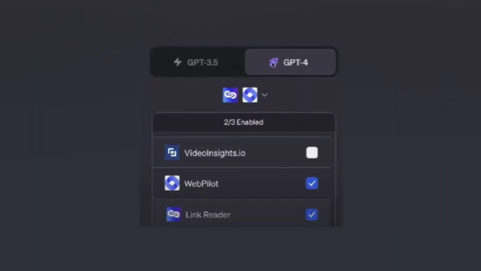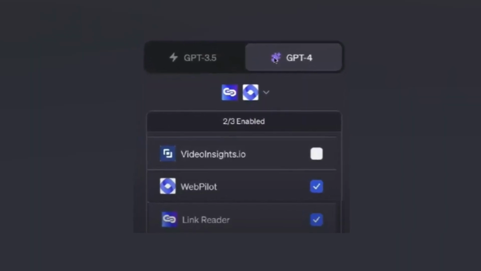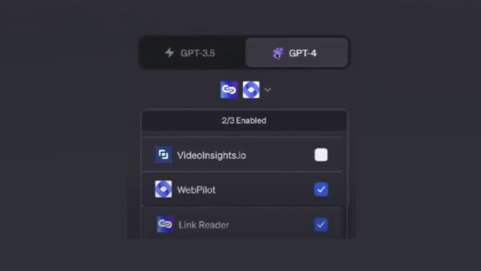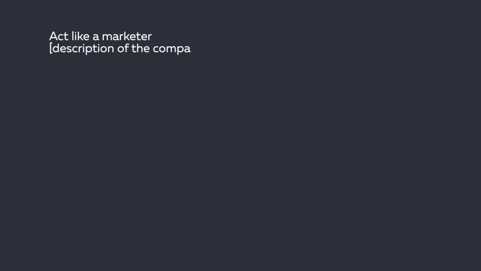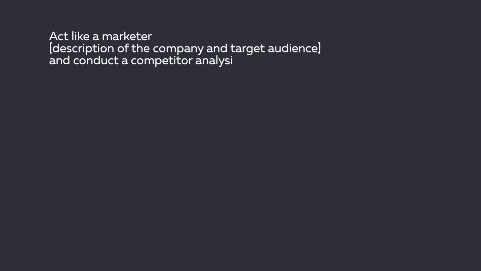Let's go to the settings and activate Web Pilot and Link Reader. These are the main plugins which are going to help ChatGPT to browse on the internet, to go on the exact links which you provided and analyze what is written on those web pages. Isn't that amazing? And then you ask ChatGPT to act as a marketer and describe the company or target audience